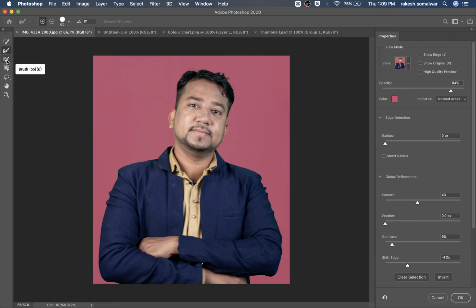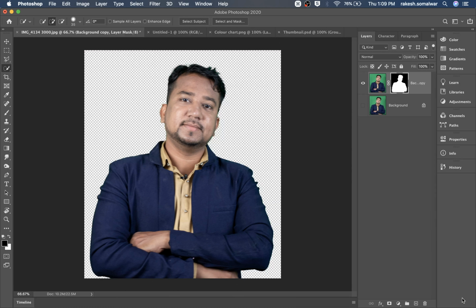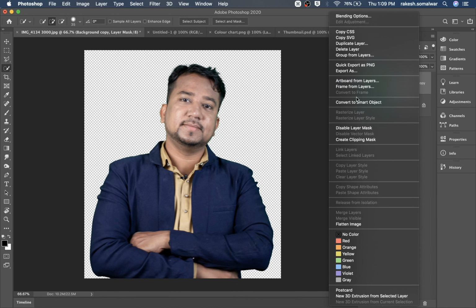Select brush tool minus and just remove some unwanted hair because I want to give a stroke on it. So keep this kind of settings. Smooth 45, shift edge minus 41. Okay. See, shortest way to cut out your image.